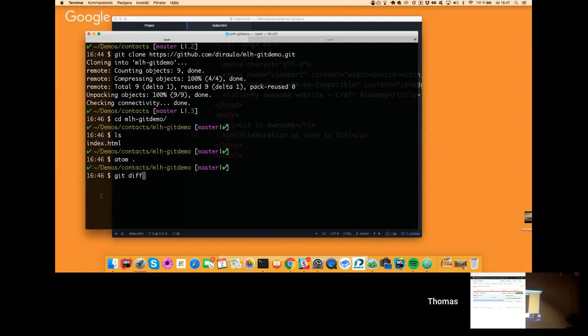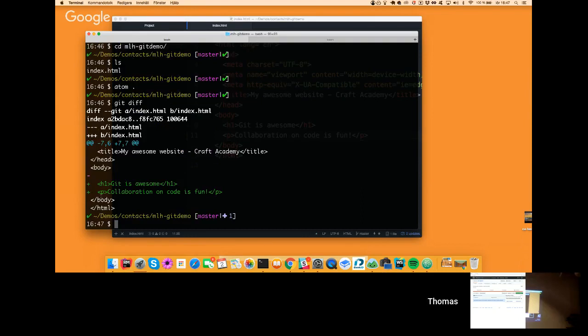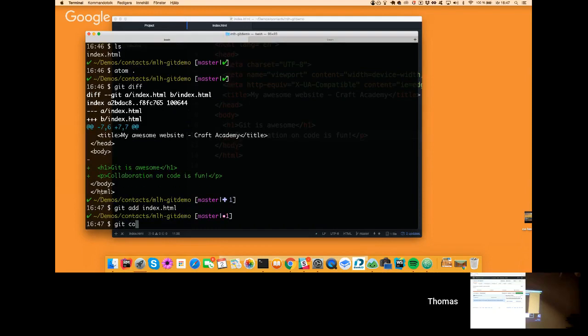sorry, I can see my changes directly before I even committed, right? I can see those changes in green. I didn't delete anything from his code, so I don't see any red stuff in my git diff command. But I can do git add index HTML and then git commit